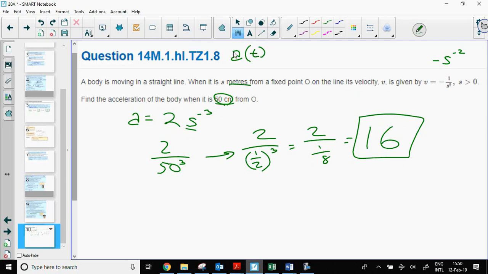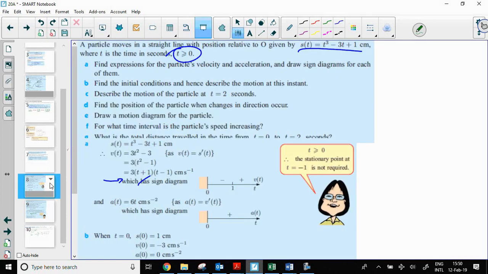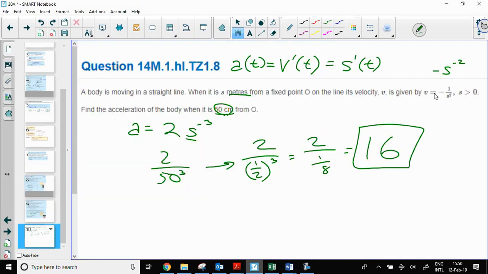acceleration with respect to time is equal to the derivative of velocity with respect to time, which is equal to the derivative of position with respect to time. T needs to always be our input value in these. In this example over here, our velocity was written with respect to time. Our acceleration was written with respect to time. In this example, our velocity is written with respect to position. Oh, that means when we differentiate